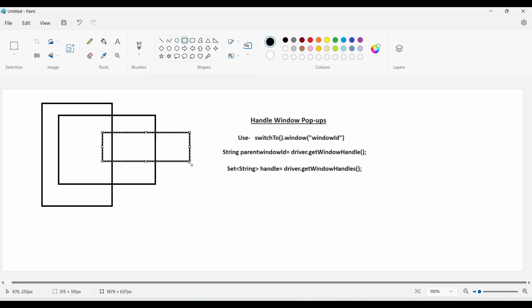Whenever you open a window like a pop-up, this is the first one, this one is the second window pop-up, and this one is the third pop-up.